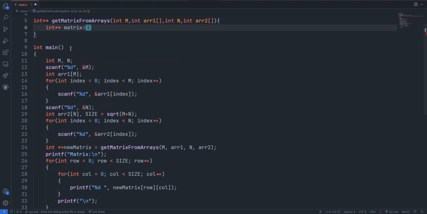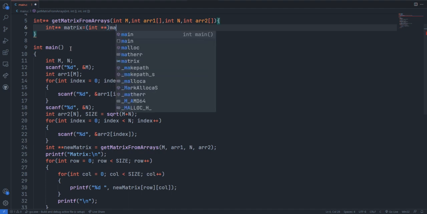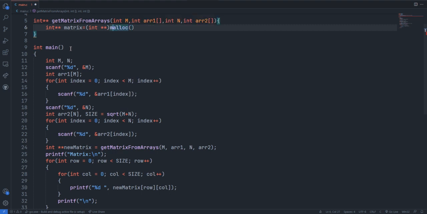equal to. As I have already told, when we have to return or do something on a pointer variable inside a function, we need dynamic memory allocation. For that, I'm defining int double star of malloc. Here I have typecasted this malloc memory space, so it will give you some total space. According to the data type, we have to separate these values as separate segments, right?